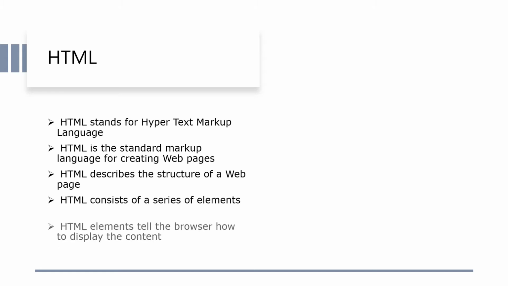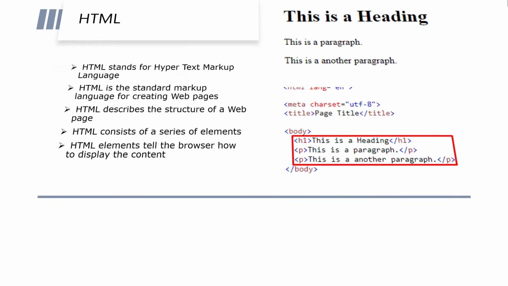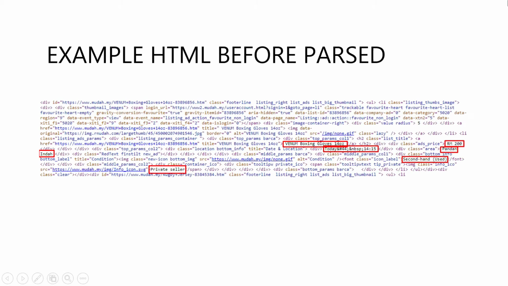This is the basic information from an HTML. HTML is the standard markup language for creating web pages. HTML will serve as input from the beginning of this process. After crawling, we got this kind of HTML to parse. The red boxes highlight are some parts to be extracted on parsing process.